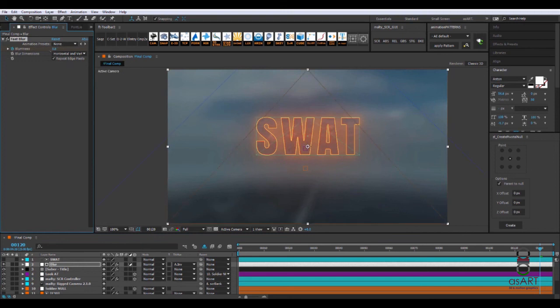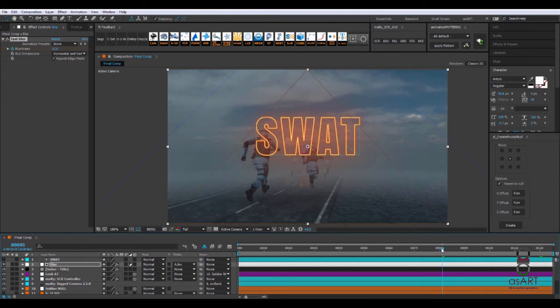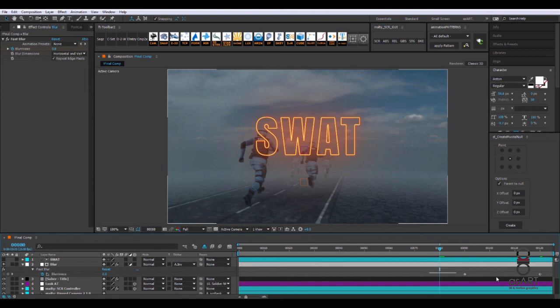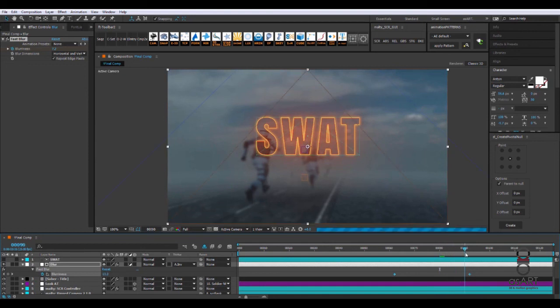So everything inside of the text is still sharp, but everything around it goes to a blurry effect. So I'm gonna do that a little bit earlier than I did it here. So press U and push the keyframes just back to this point. So now you see really what's going on. Okay,